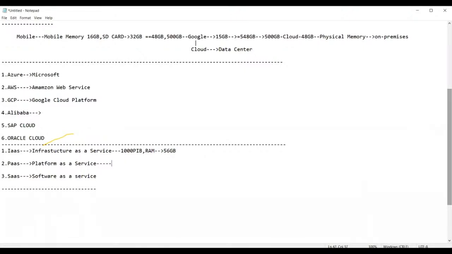Next, after this, platform as a service. Suppose, guys, suppose. What is a platform? Platform is generally a type of operating system. Now guys, we are using Android as an operating system, and Apple is using some other operating system.